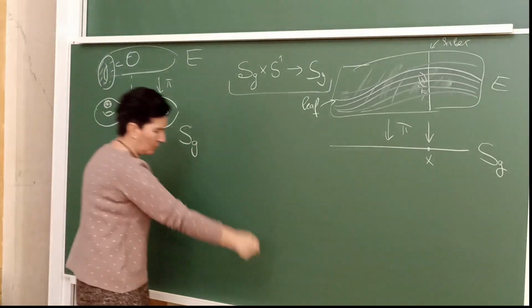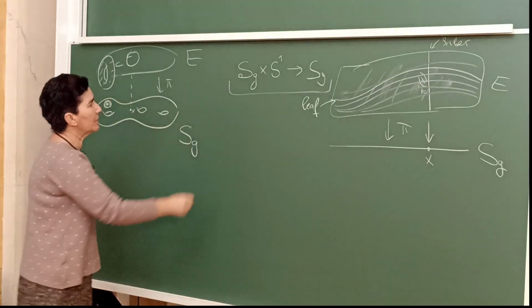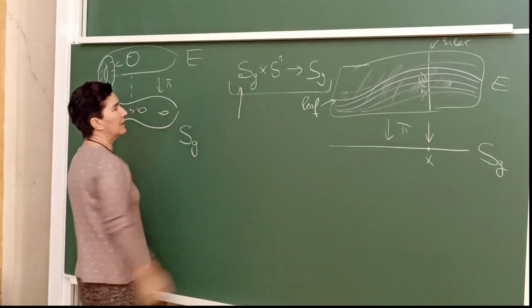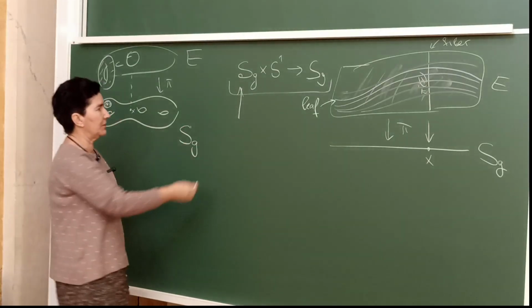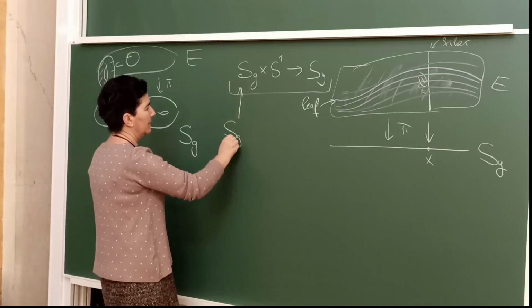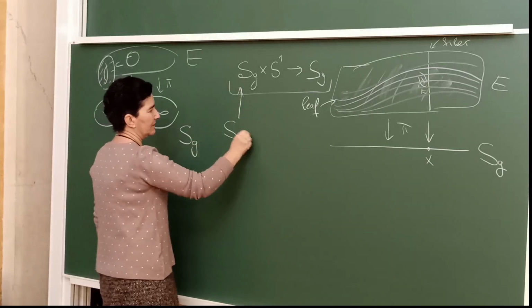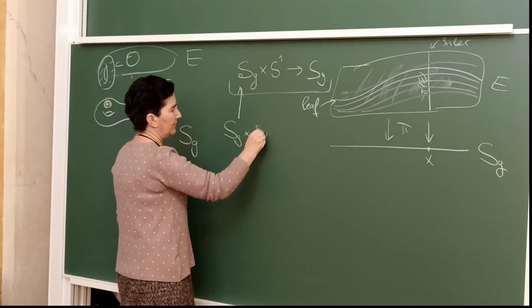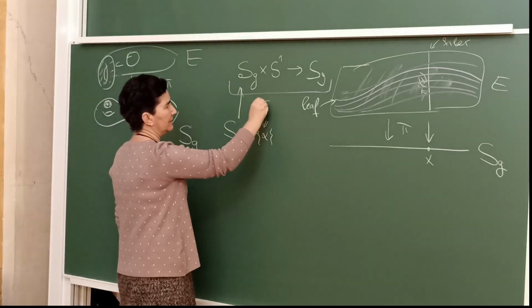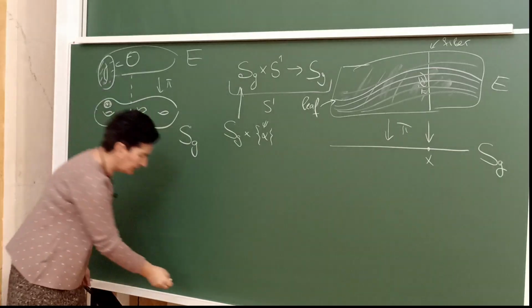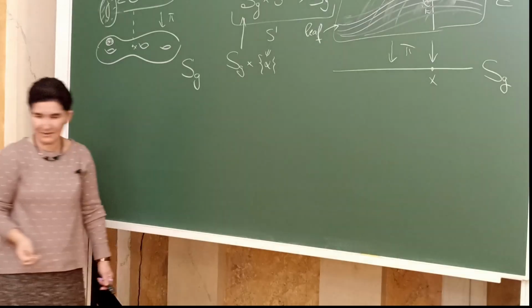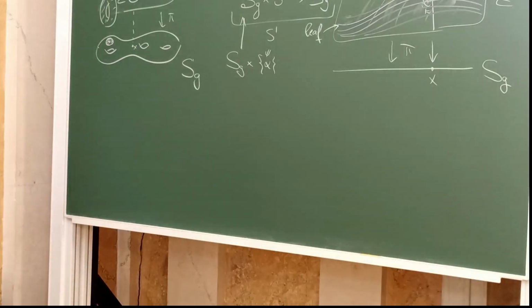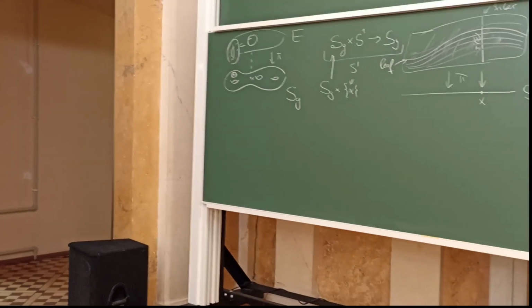Now back to our elementary example. If we have a trivial fiber bundle, then of course it also has a trivial foliation, because it is foliated by the copies of the base, S_G times alpha, where alpha sits in S^1. That's clear, and the question is whether other fiber bundles, not necessarily trivial, support